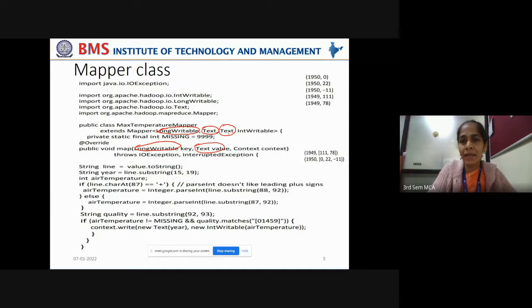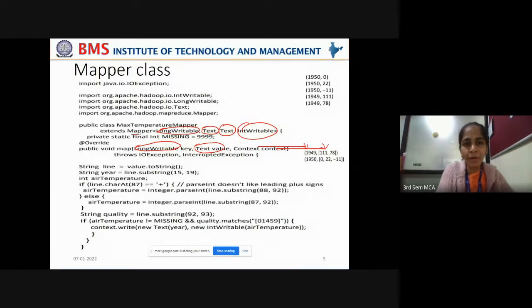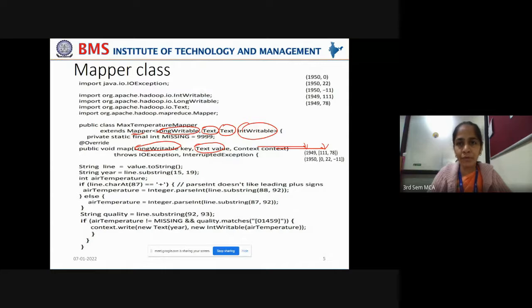It may contain again the Text, that is the year, and IntWritable, the list of temperatures recorded. So this generalized template of the Mapper class indicates that it takes a key-value pair as input and emits a key-value pair as output.